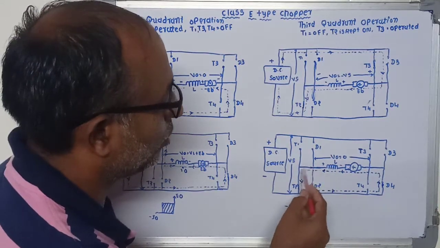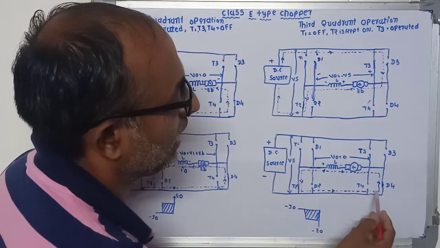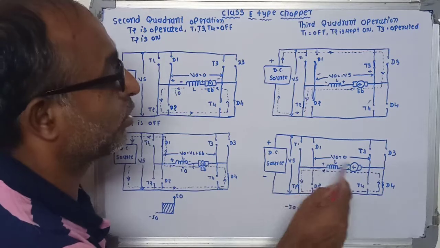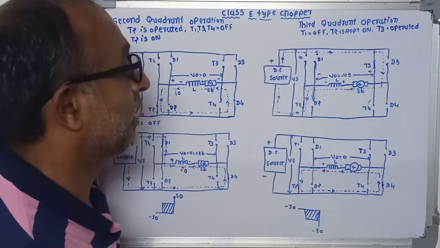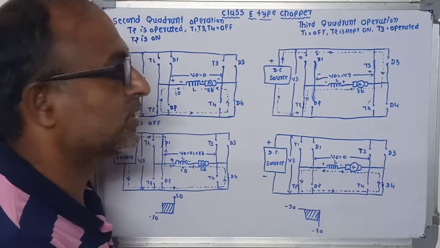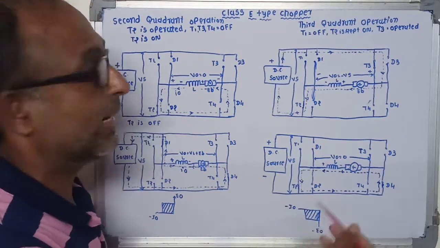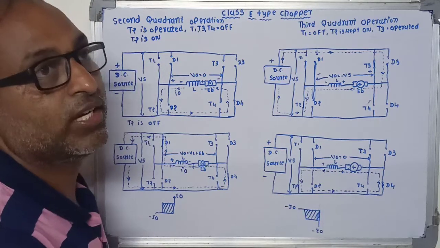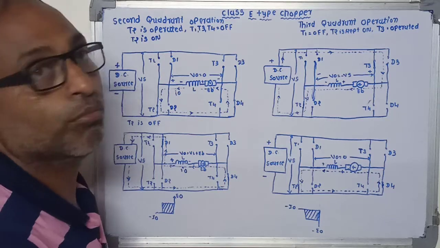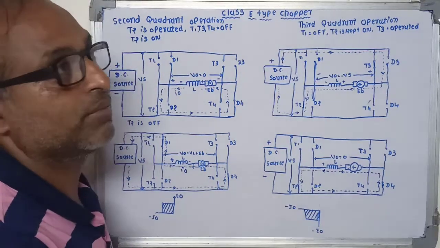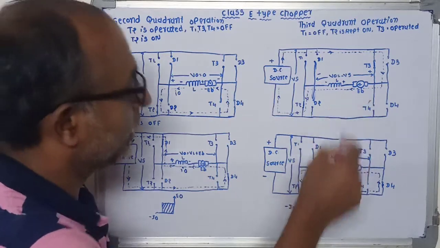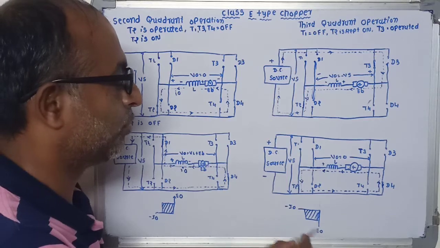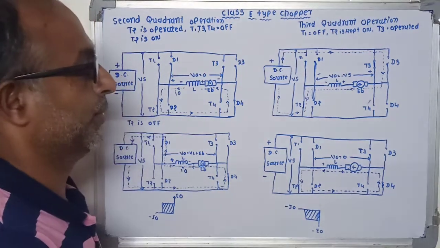and now current flows in the circuit through the path inductor to thyristor T2, then diode D4, and then motor, and then into the inductor, and the output voltage across this load will be 0. So in this condition output voltage is 0, but the load current is in negative direction. So in both cases your output voltage and the load current are both negative. That means this type of chopper is operated in the third quadrant,